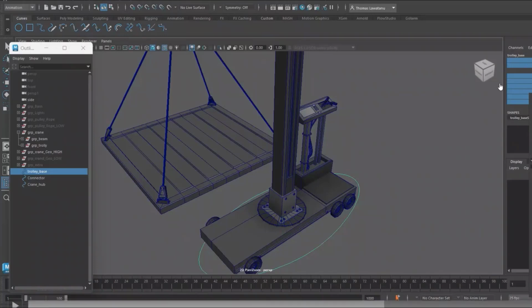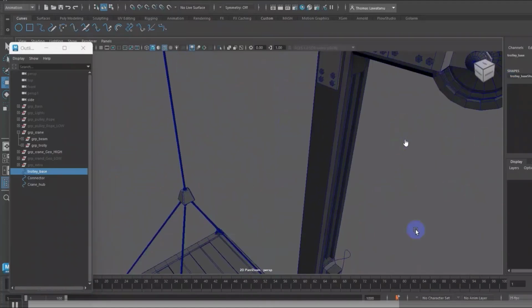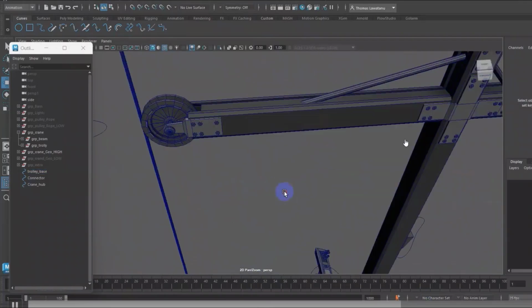That's why when you select it, it's better to hide all the unnecessary functions, so only translate Z and visibility remain. I think this is easier when you pass it to your animator.